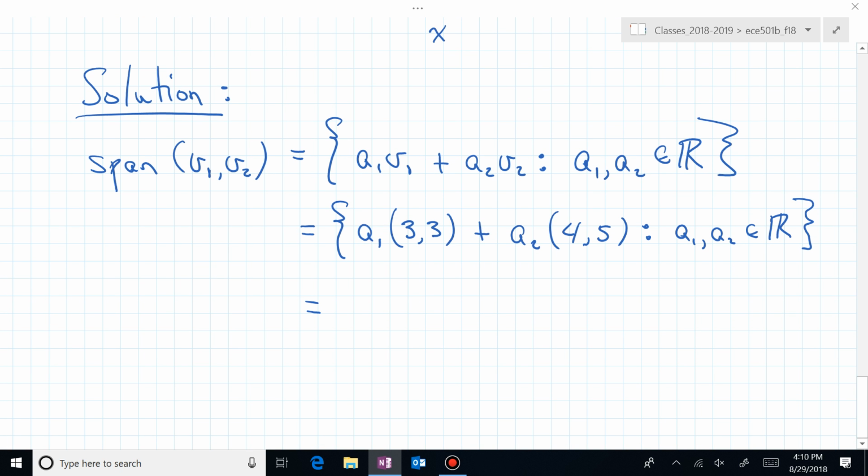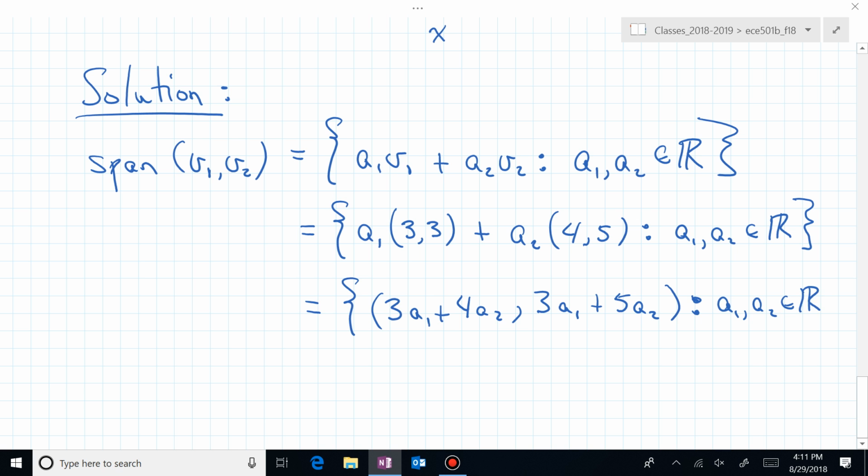Or we can now push those scalars through and add the vectors, and we see that we have 3a1 plus 4a sub 2 forming the first component of our 2 vector, and we have 3a1 plus 5a2 forming the second component, or second coordinate, of our vector. And now again we can ask: